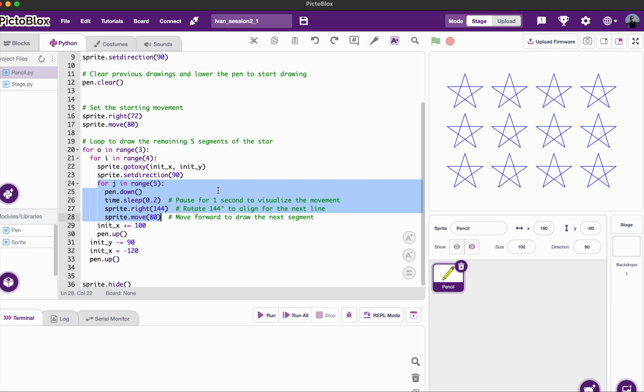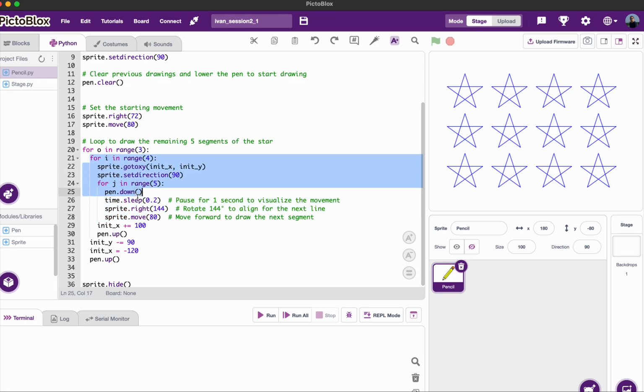So I want to demonstrate the use of nested loops here. So there's an outer loop, which you can see this one. What this outer loop does is it will create four more stars right here,